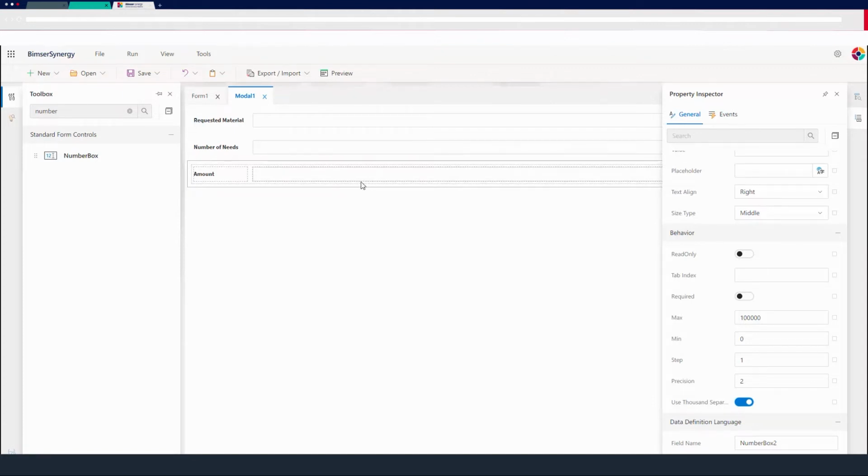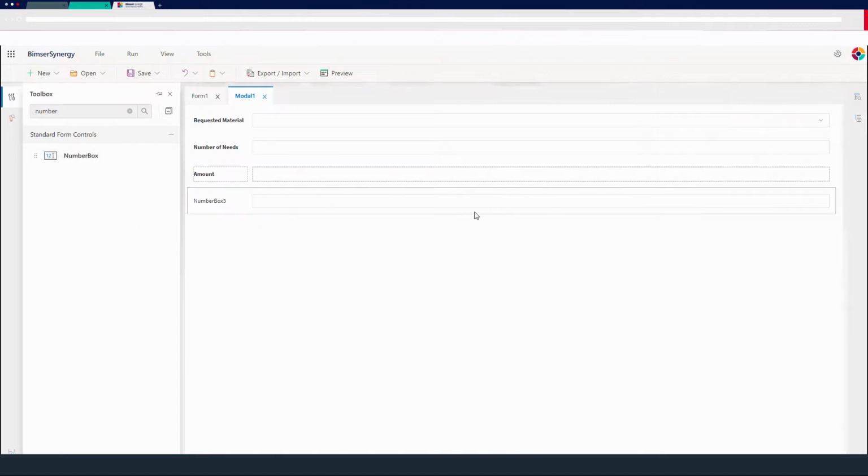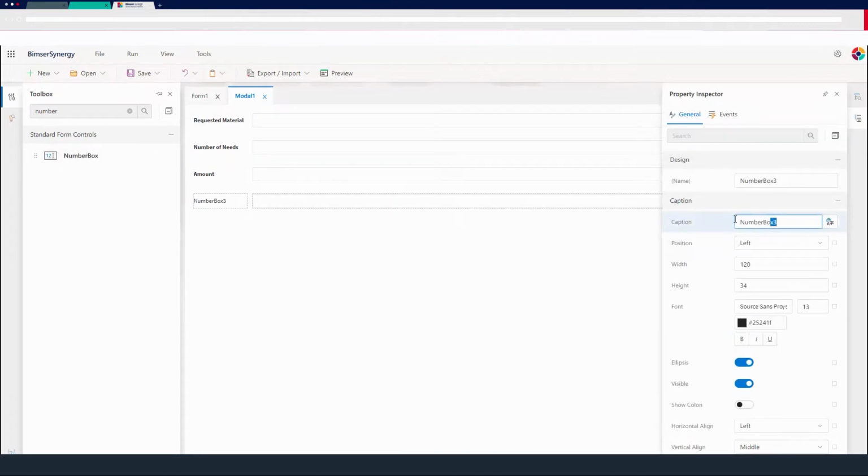And for the last, I will use one more number box for the total amount. So we will use a calculation between number of needs and the amount. It's gonna be also bold, and my total amount is also done, and we will use a rule manager